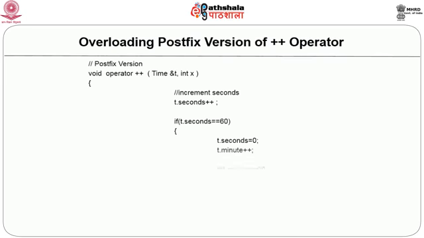When we want to overload the postfix version of the same operator, the rest of the prototype will be the same, but in the argument list we will have one more argument, an integer argument, which is a dummy argument, and it is there in the prototype only to distinguish between the prefix version and postfix version, and its presence will communicate to the compiler that this is the postfix version of the operator that we are overloading. Now you would see that the plus operator and increment operator can be overloaded using a member function, as well as a friend function.